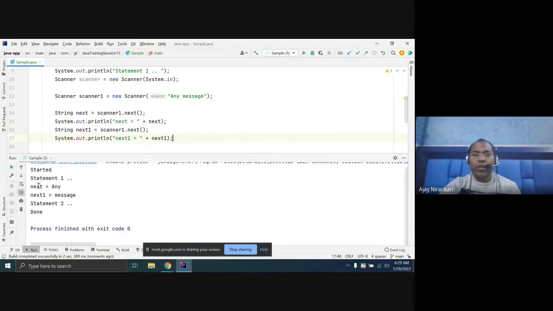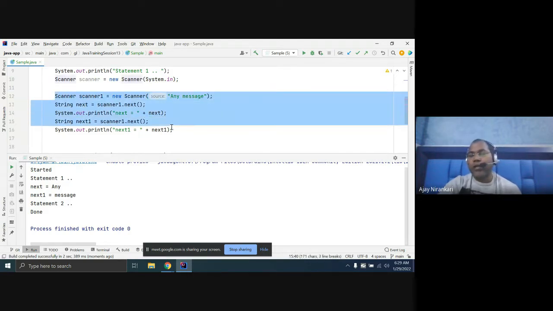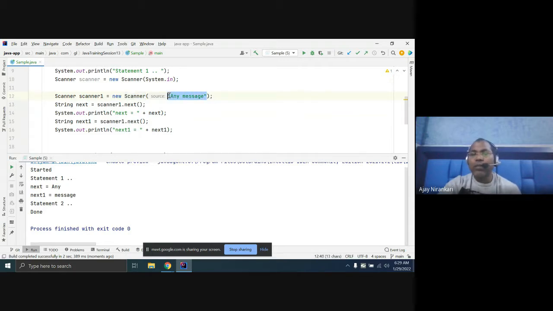So here, the first next is the first value, and the second next is the message. For the Scanner class, for now just assume you can use the latest version of Java. Here, whatever message you want to pass, just give it.